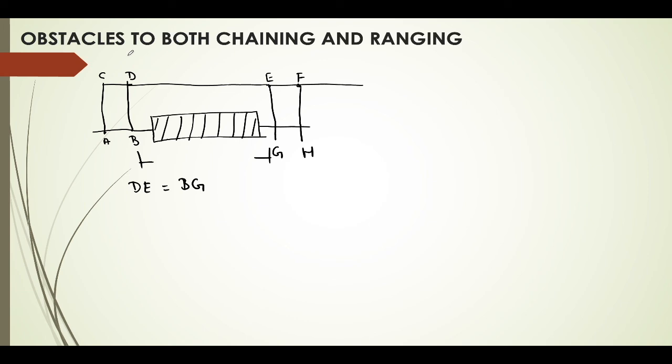You all might ask why we have selected 2 points. Why is it necessary to select 2 points? See, with 1 point you can't prolong this line and you can't range. As I said, we need one intermediate point for ranging and prolonging the line. So that is why we have considered 2 points here and 2 points here, for an accurate measurement, and we can prolong the line correctly. So this is how the distance can be measured between B and G.